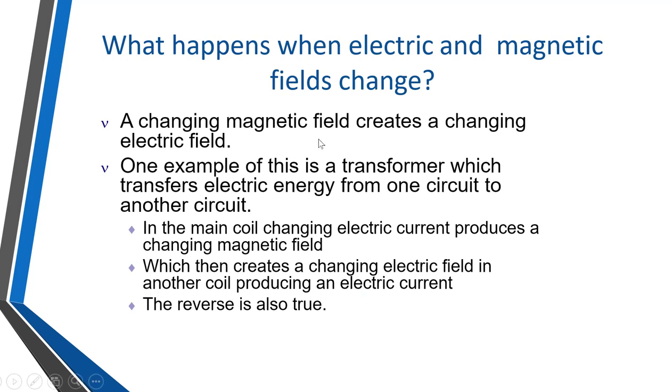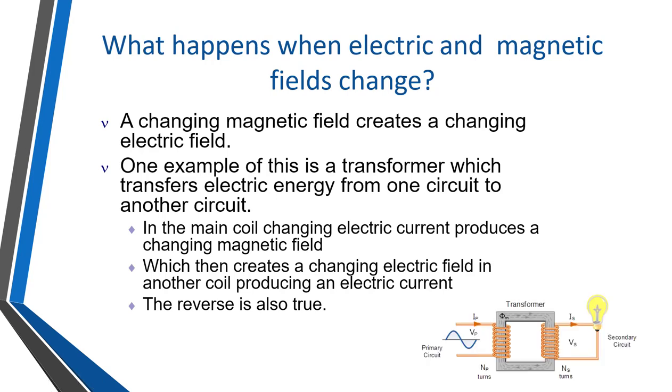So, a changing magnetic field creates a changing electric field. The reverse phenomenon can also exist. Whenever a changing magnetic field is present, a changing electric field will be generated. One such example where both phenomena are generated is the transformer. In the primary winding, we apply an electric field and current flows, and that current creates a magnetic field. So flux will be generated because of that magnetic field. When the secondary coil comes near the primary coil, when it cuts the changing flux, an EMF is induced in the secondary coil.